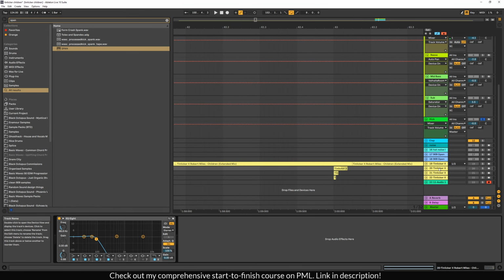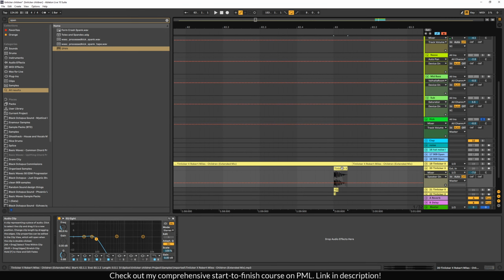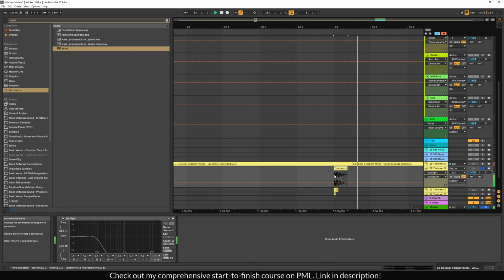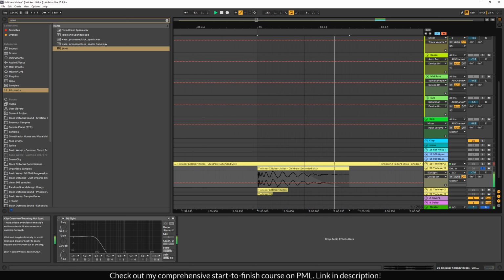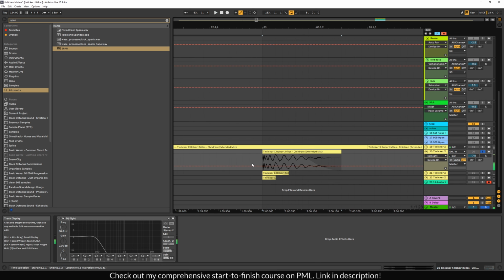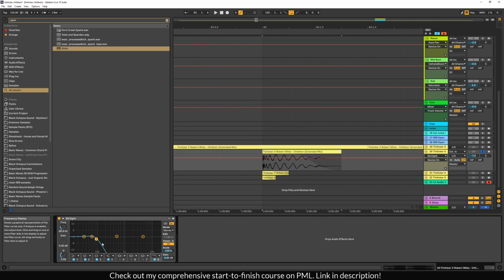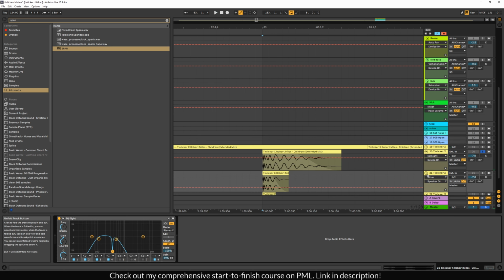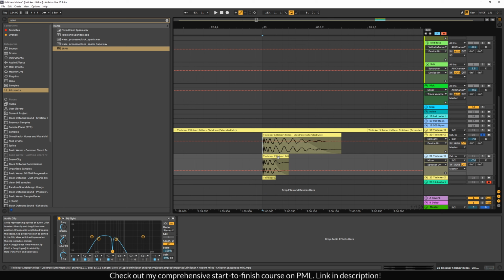So I kind of cut the kick out of a section, and without the EQ on it, you can hear that the kick's got actually quite a bit of noise. There's a hat there, there's a bit of the mid bass, a bit of the arp in there. So I just cut out everything but the sub and then used that from this sample and duplicated it to this track, and then EQ'd this,